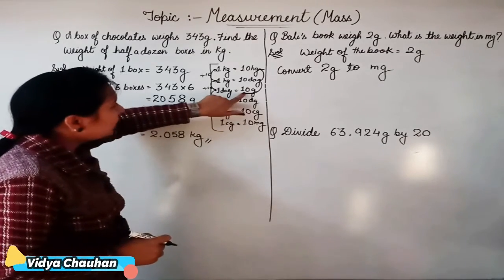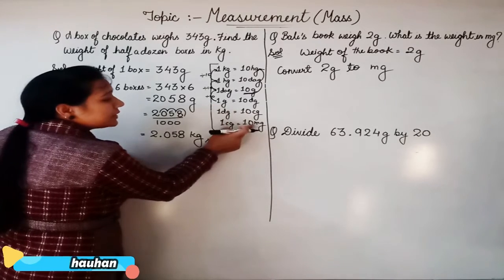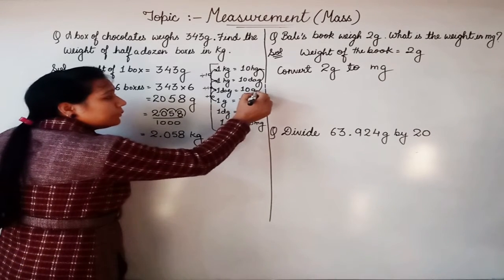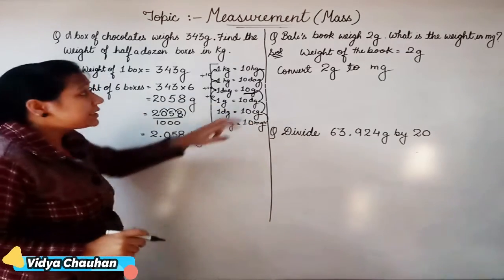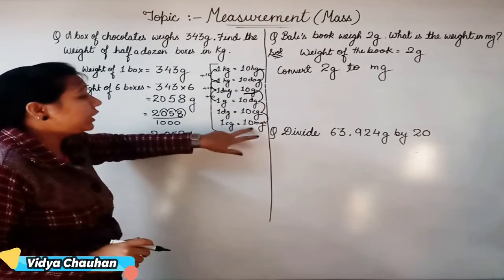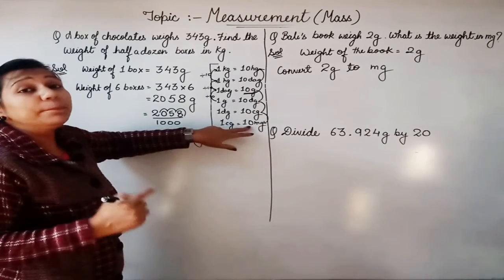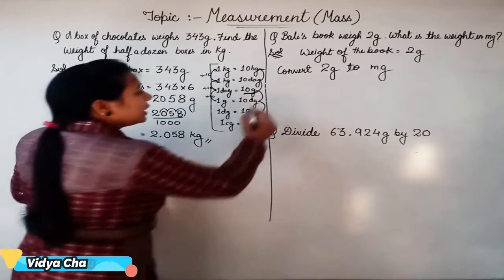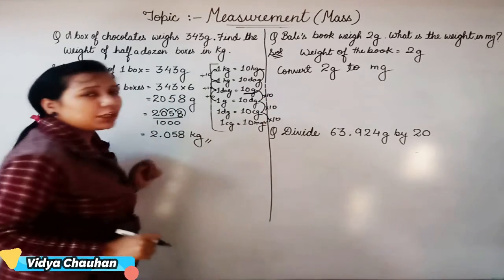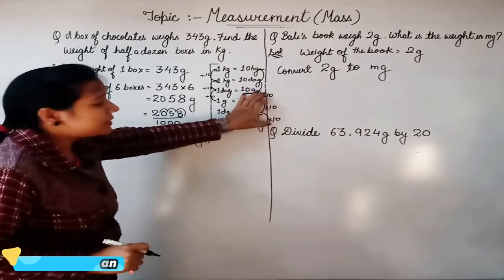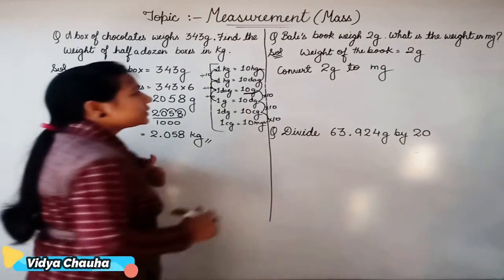So now here is the gram, right? If I talk on this side, here is the gram and this is our milligram. So gram to milligram, 1, 2 and 3 steps. 3 steps from bigger unit to smaller unit. So when we are going from bigger unit to smaller unit, we multiply. And since there are 3 steps, that means 3 times multiply by 10, multiply by 10 and multiply by 10. When you combine these 3 multiplied by 10, that means 3 values, you will get multiply by 1000.